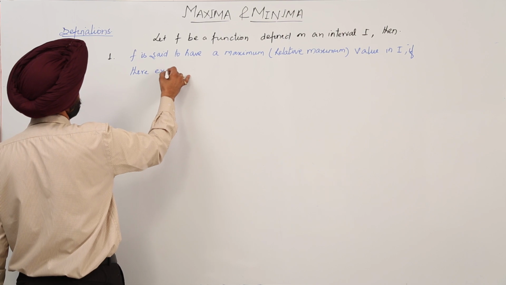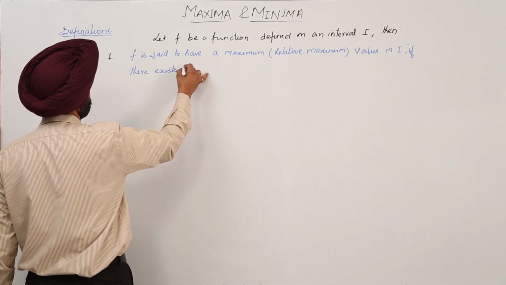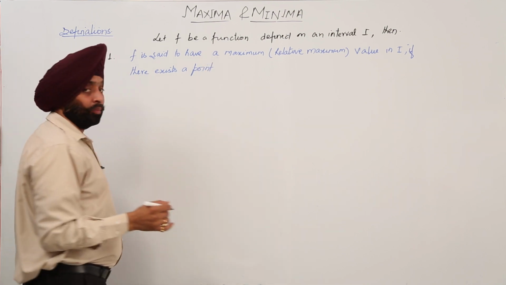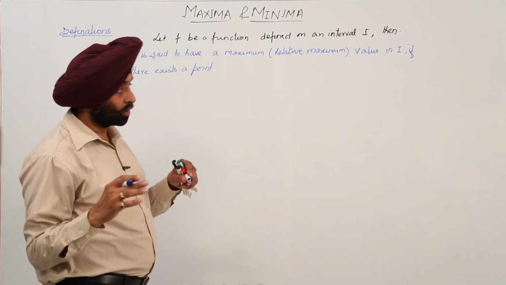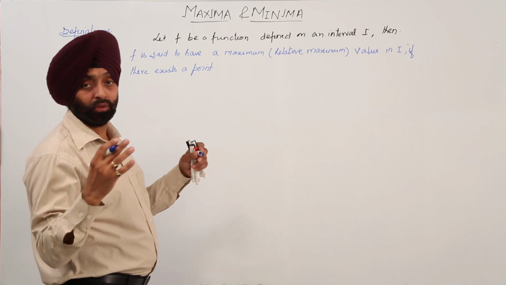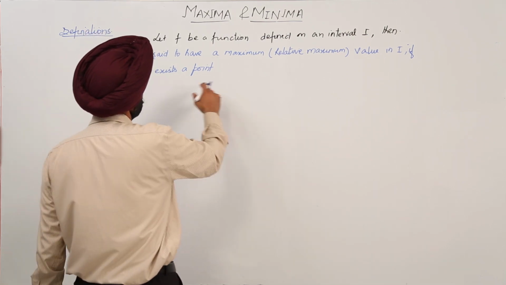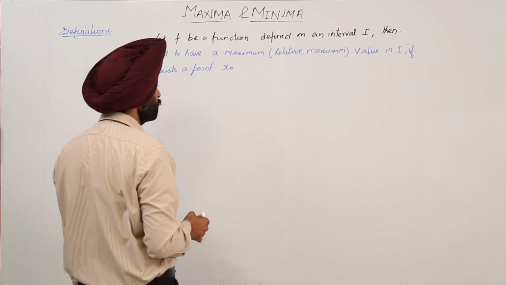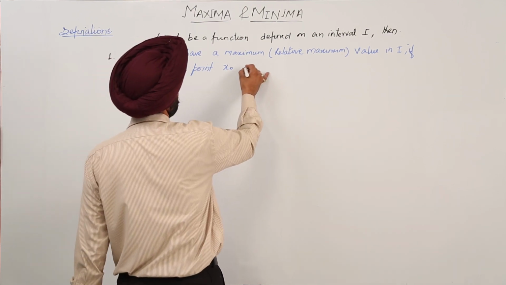Let a point be any point in between the given interval when we draw a graph. If there exists a point, let the point be x0, such that